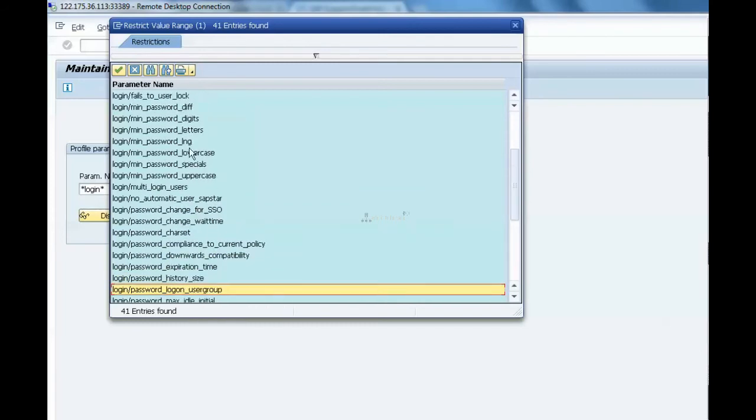These are the different types of security related parameters. The security consultant will maintain these parameters in our systems. In our production system, these parameters we need to maintain.